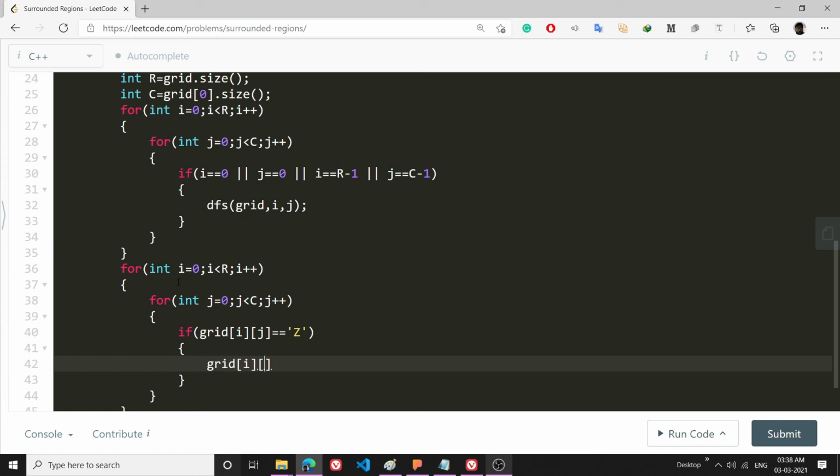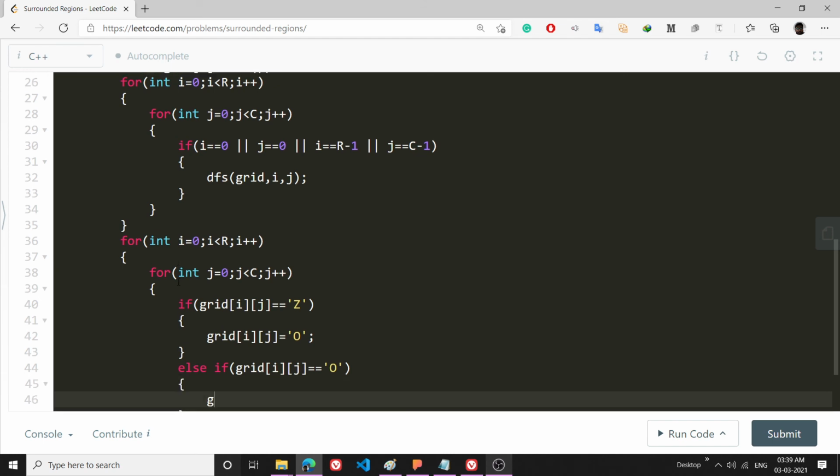And else if grid[i][j] is o, that means that cell will get captured by x and become x. Okay, so that's the code for you.